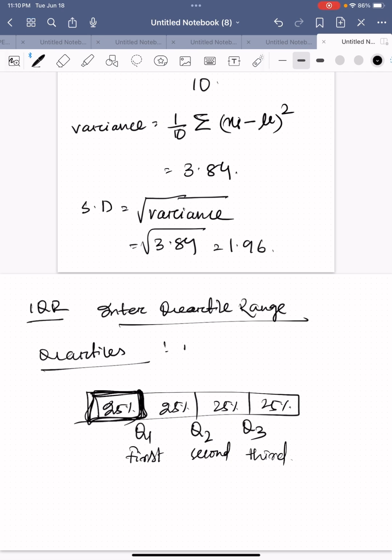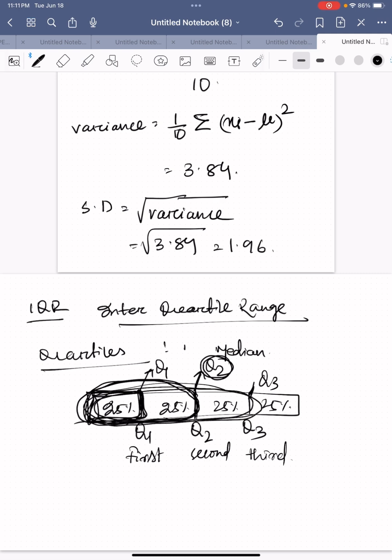Okay, and the second quartile is the data point below which 50% of the data set falls. So this is half of the data set. So this is our quartile 2. This is Q2, this is Q1. Q2 is also called the median of the data set, and this is Q3. You must have understood by now that 75% of the data set falls below Q3. So this is also called the 75th percentile,